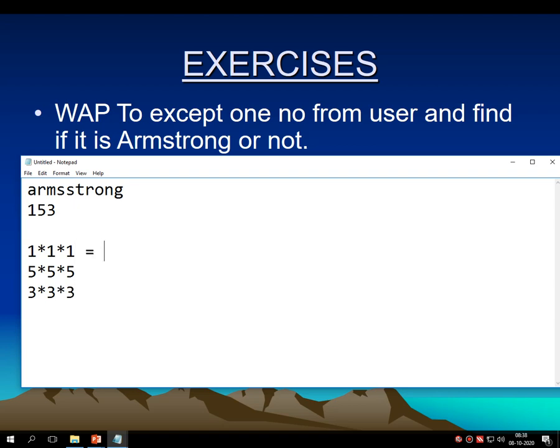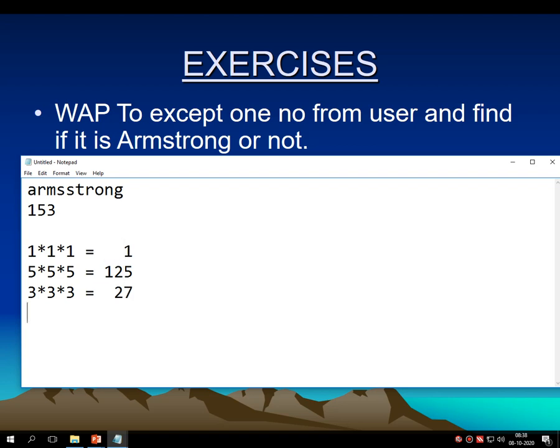What is the output of this? Obviously 1, and the output of this is 5 into 5 into 5, I think 125. 5 into 5 into 5, yes, it's 125, and the output of this is 3 into 3 into 3, it's 27.